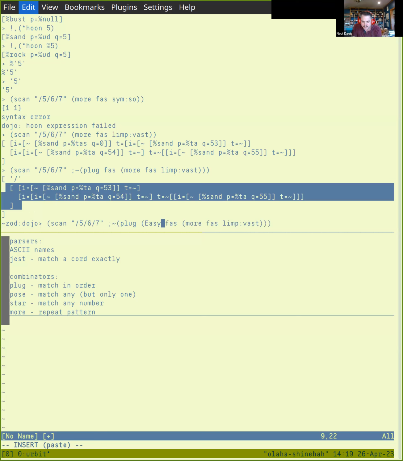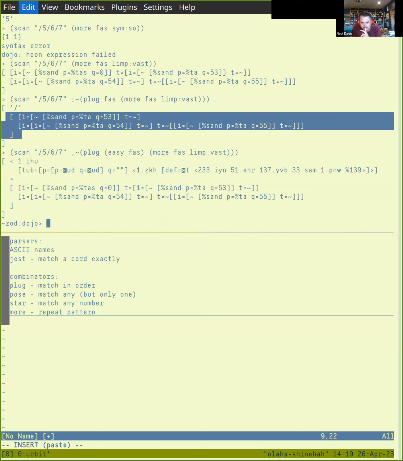Easy do it for me. It's been a while since I've used easy. Let me see. Oh, easy must work a little bit differently than I'm recalling it. Like I said, easy eats one and throws it away. So anyway, we don't have to worry about what easy's doing there. But what we would do then is we would define arms that match particular kinds of things for us. So let me give you,